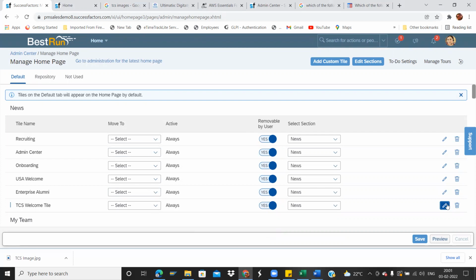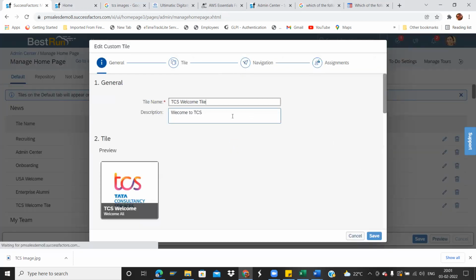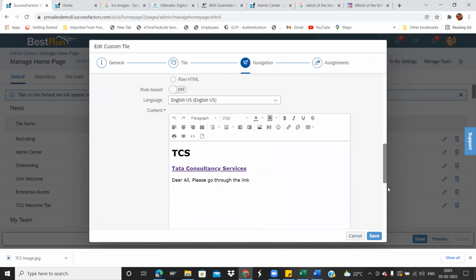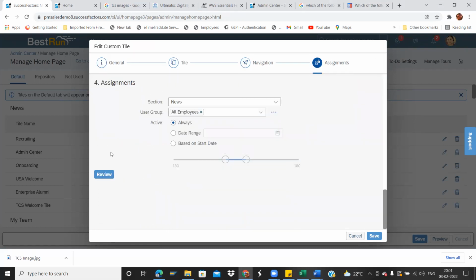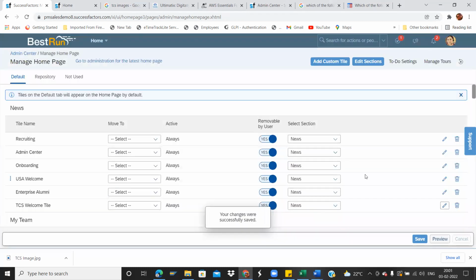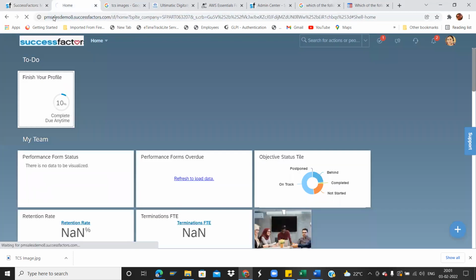If you just check here, it is for all employees, user group. So let us first do it for all. And I'll be going here. Under which section is it? It is under the news section. So I'm just going here and refreshing it.